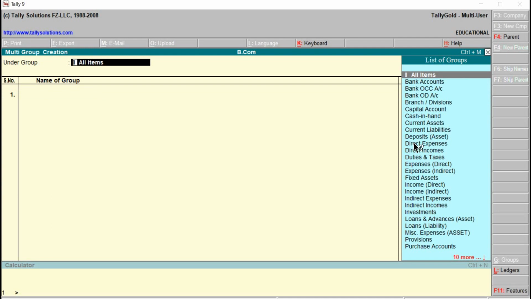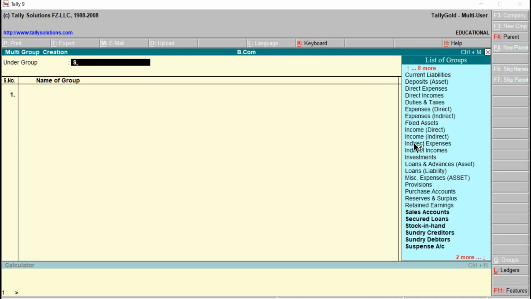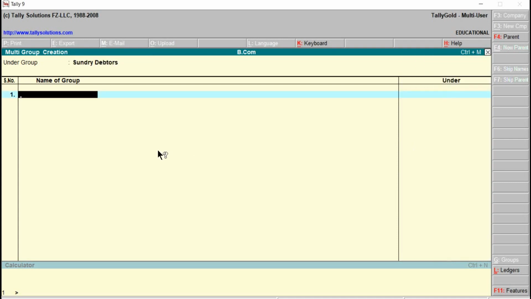Suppose if I select a particular predefined or built-in group, suppose I select here sundry debtors. Okay, in that case, whatever list of groups we are creating will be allocated back to the predefined or built-in group sundry debtors.